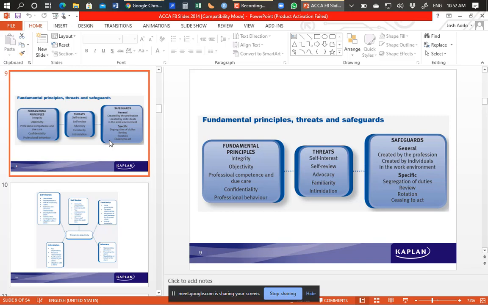Okay, so these are some of the examples. And you have the textbook, read for the rest. So that is self-interest threat to fundamental principles of professional ethics. Let's go to the second one, self-review threats. Self-review simply means, let me use an example for you to understand. A clear example of self-review is when